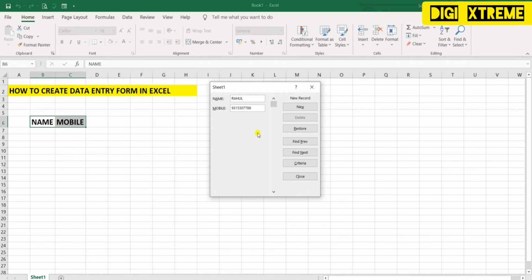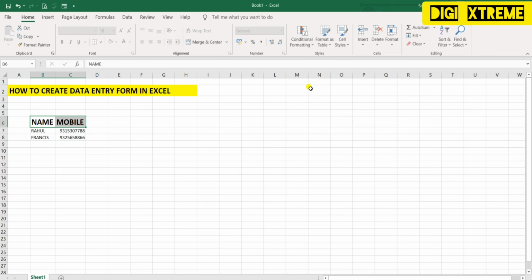Now, how will this work? When I need to put in a new entry, I simply click on new. You can see here we have got the name and phone number. Let's try some other number. Francis. Now let me write something. Random numbers. So I have made a new entry. Let's see what happens if I click on new. I've got two numbers and two names. So like this you can keep on collecting your data with this form.